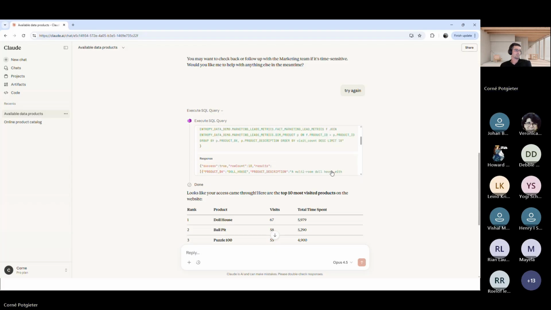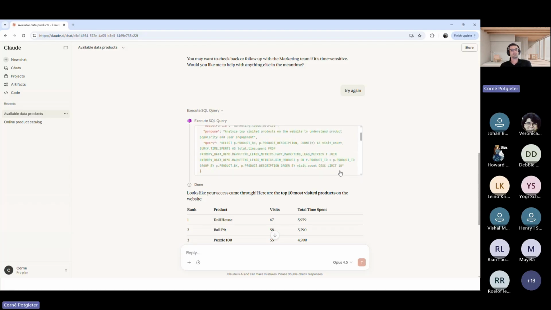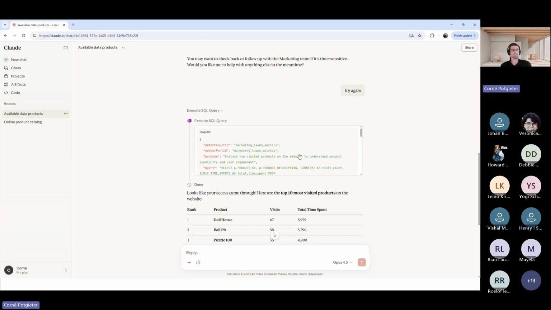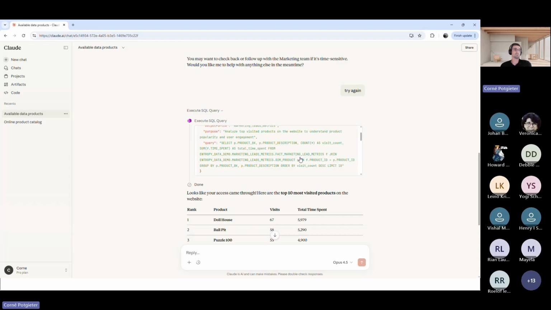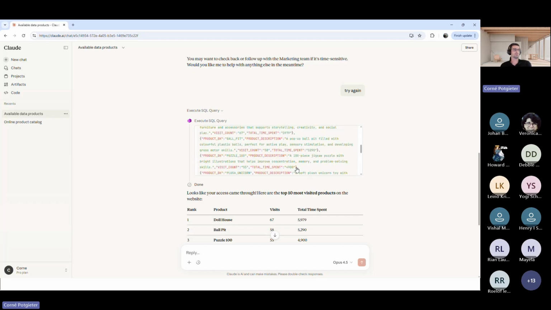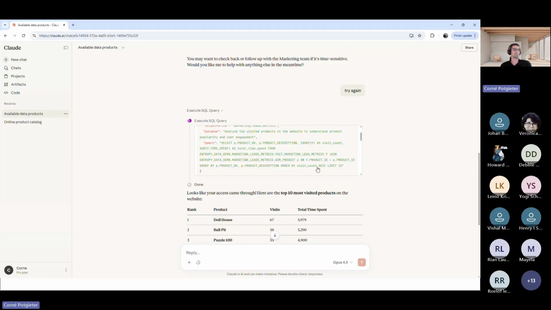Obviously, the more context you can give in the metadata, the better it will be able to execute. But I didn't give really any context on how these tables should be joined together. What I did do is I made sure that the table names and the column names and so on had a nice standardized naming convention. So it was able to figure out, I guess, that these two columns can probably be used as an inner join, etc.